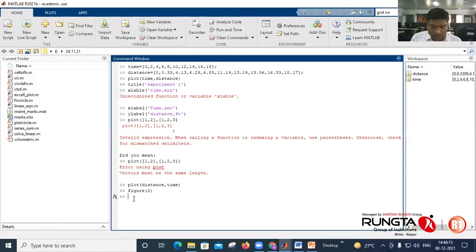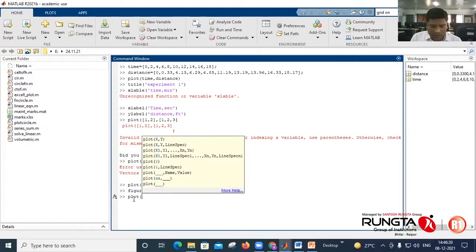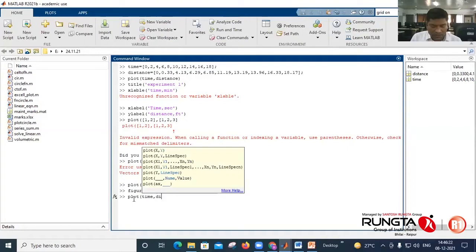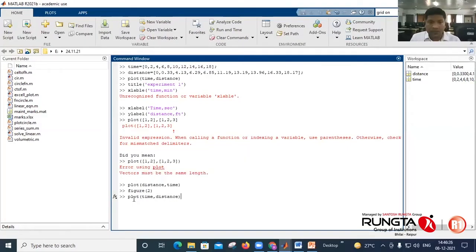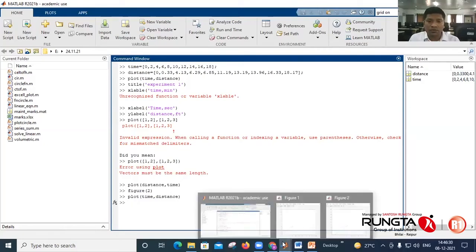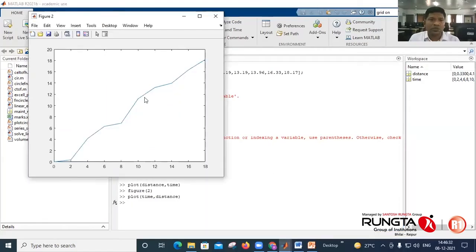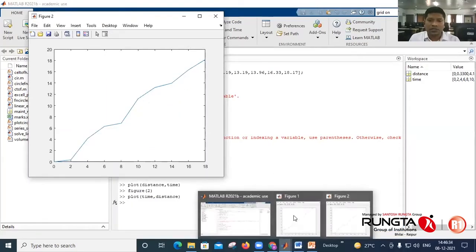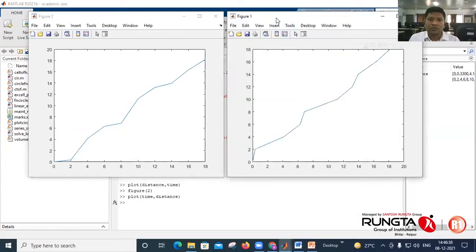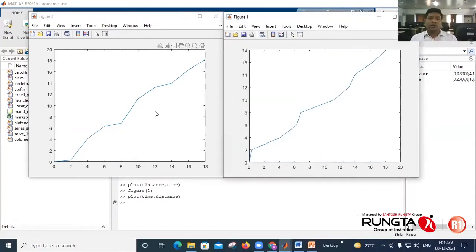So plot time and distance. Now my figure 2 is active, so it will plot on figure 2 like this. So this is figure 2 and this is figure 1. It is not overwritten.